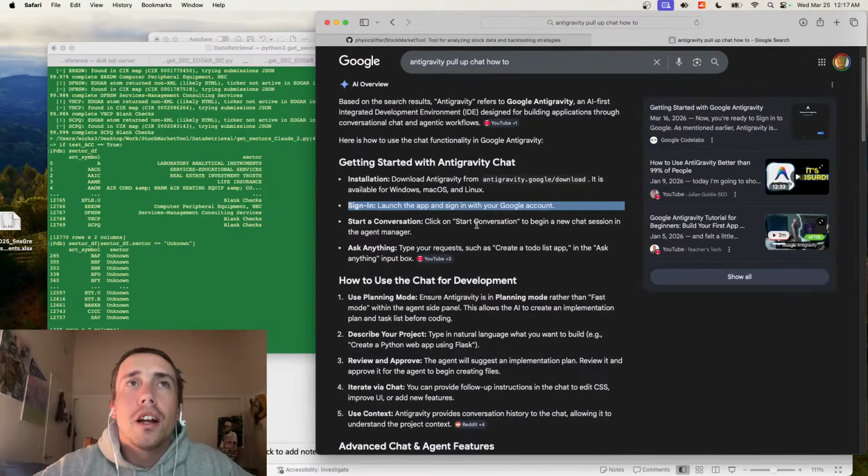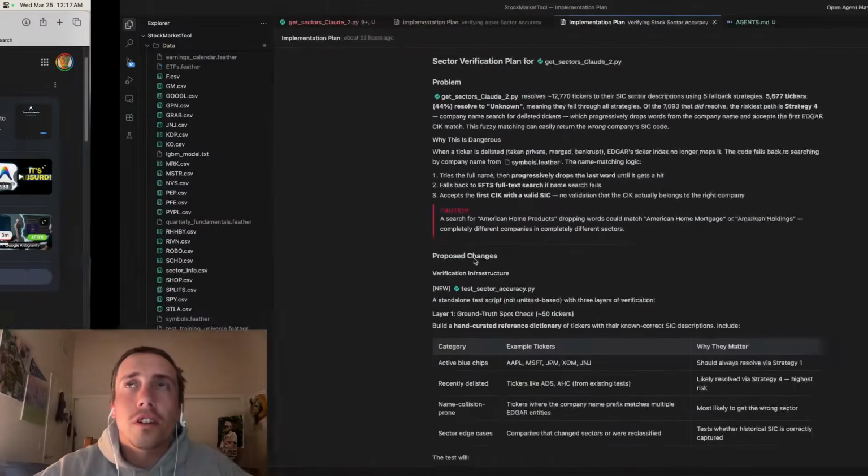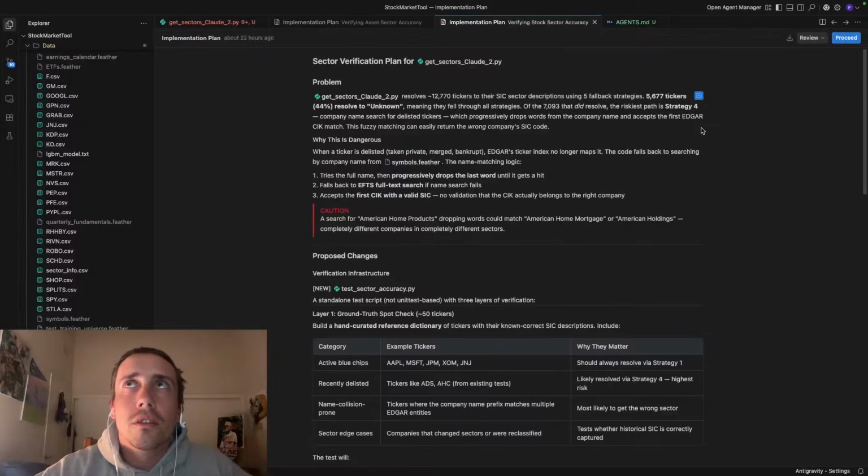Sign in, launch the app, start a conversation. Click on start conversation. Open agent manager. Oh, start new conversation. Dismiss. Oh, so it's stuck on the last one. So open editor.